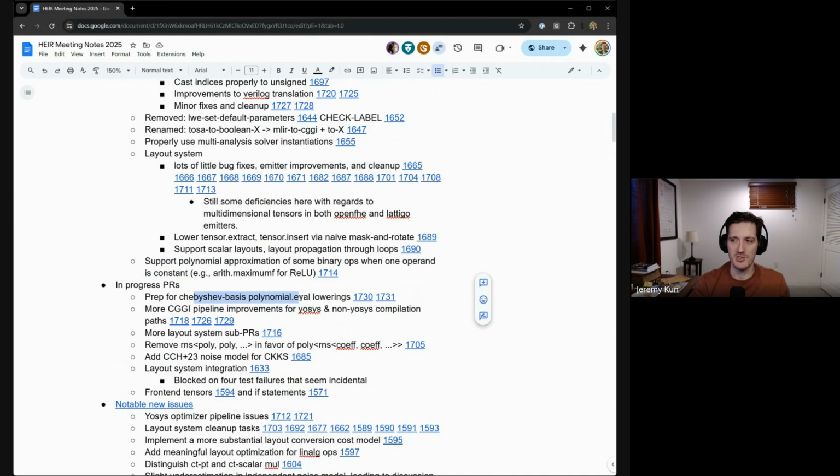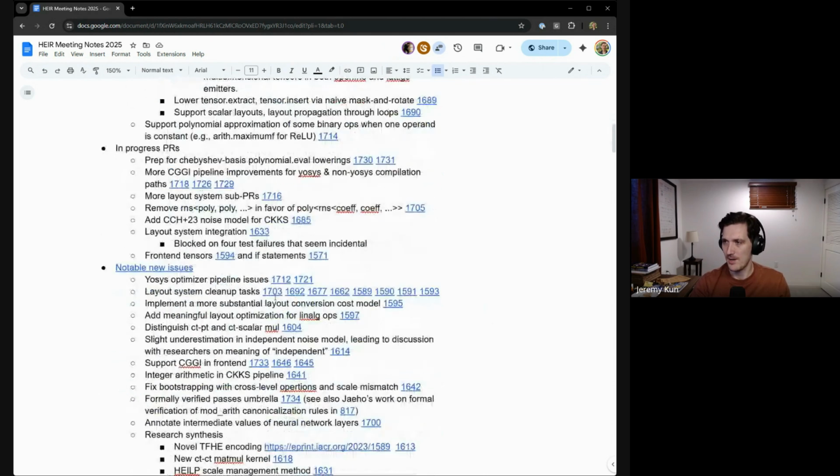But with these 2 changes, once they're in, then this guy Vadim, an internal contributor, wants to do the work. I showed him all of the Paterson-Stockmeyer things that are happening in other FHE projects in a Chebyshev basis, and he found some simplifications of other people's work, and he's like, oh, you don't need to do that, it's simpler, do it this way. And so he is going to implement the Chebyshev Paterson-Stockmeyer baby-step giant-step type approach in the Chebyshev basis once these PRs are in.